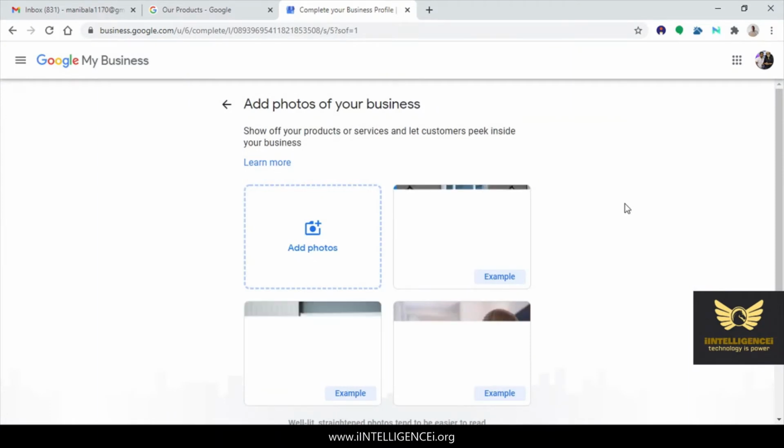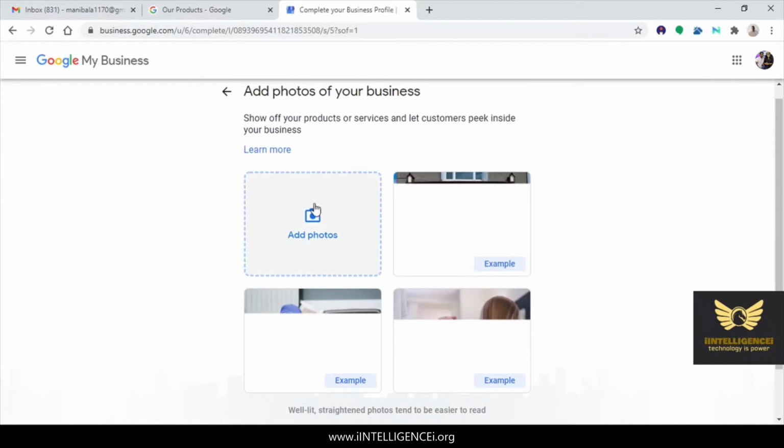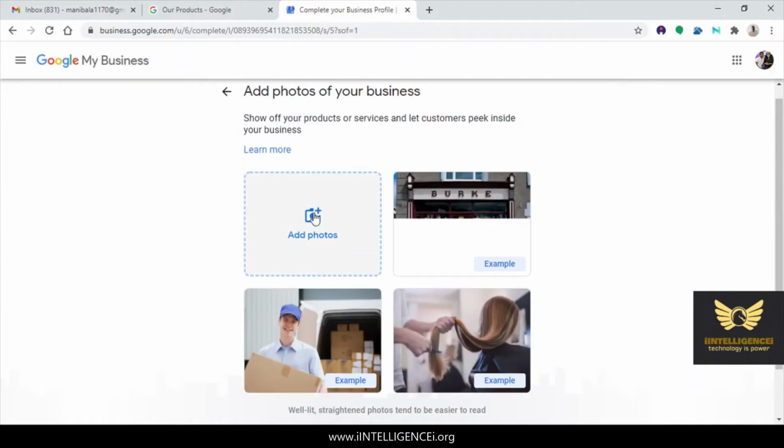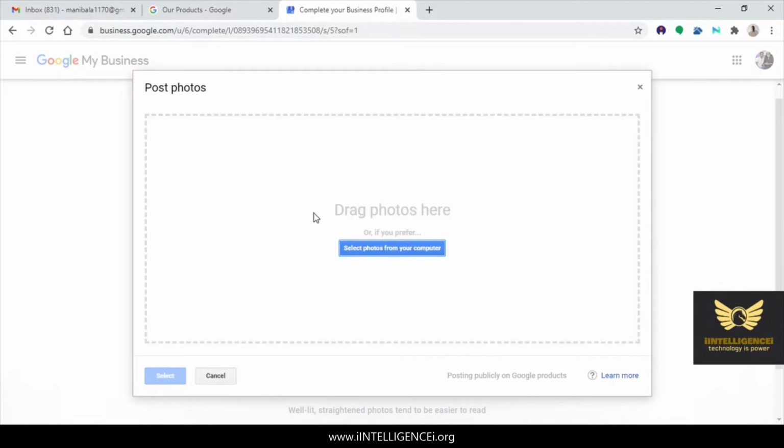Now you can add photos of your business. Right. I'm adding the photos of the business. I'm selecting photos from the computer.